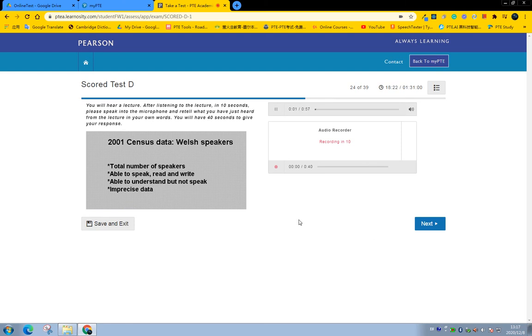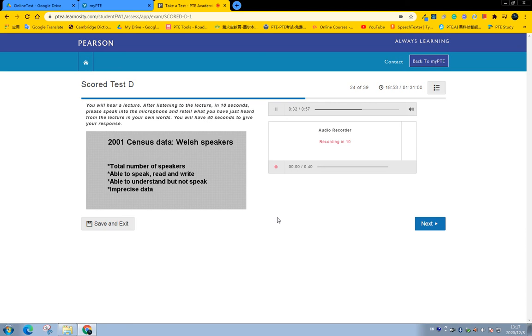The first results on the Welsh language were reported in March 2003. The census found that there were 576,000 Welsh speakers aged 3 and over, or 21% of the population, which represents a 2% increase since 1991. The proportion of people in Wales aged 3 and over who can speak, read and write Welsh increased from 13.6% to 16.3% over the period 1991 to 2001.